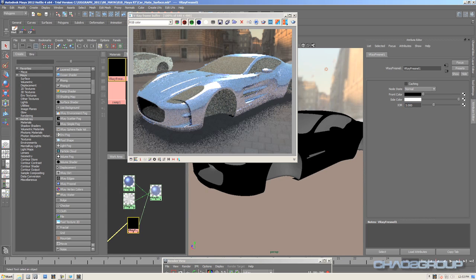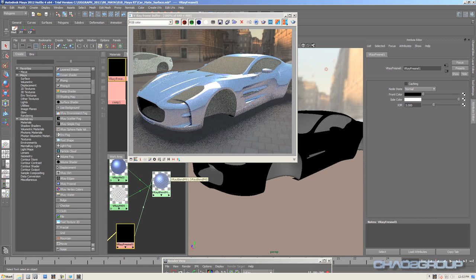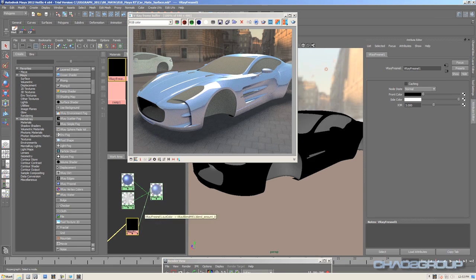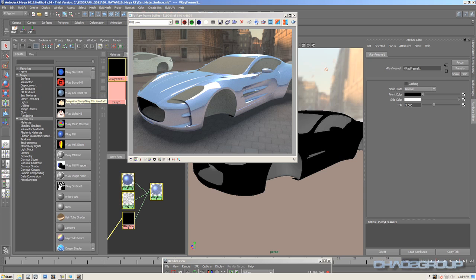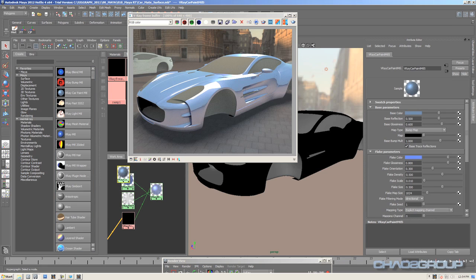Okay, and you just saw how the artist can give you immediate feedback when creating materials, and how interactive this whole process can be. But actually in V-Ray 2.0, if I want to create a metallic paint, I don't have to go through this whole process over and over again. We have the V-Ray car paint material ready and prepared in advance for you as a complete shader. So if I create the car paint material right here in the scene,